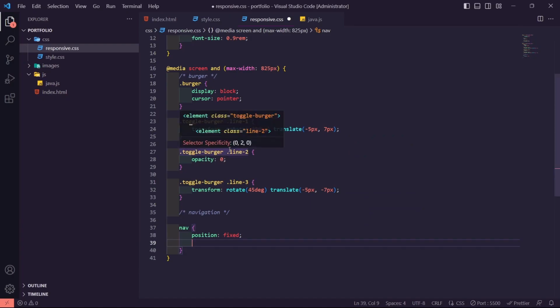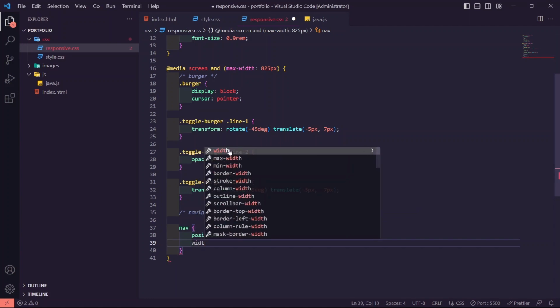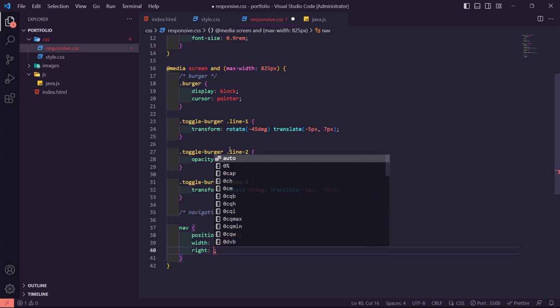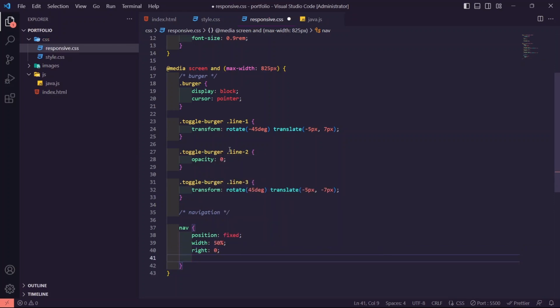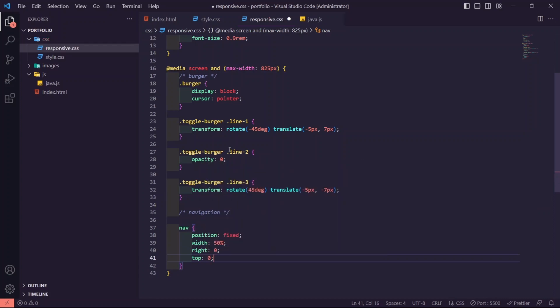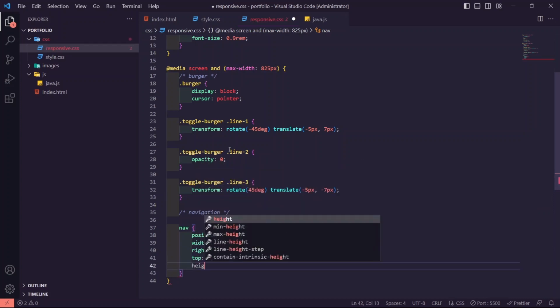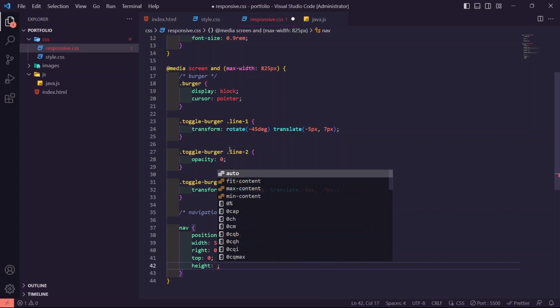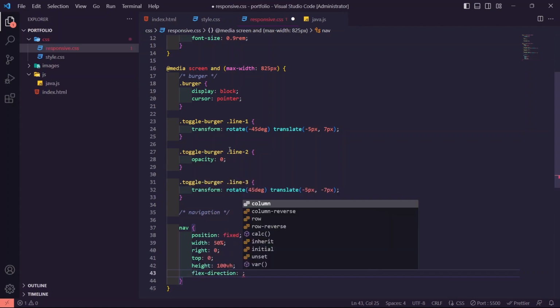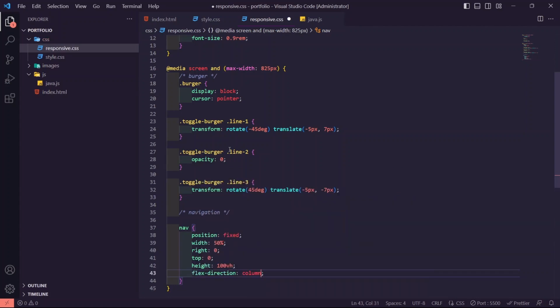So position is fixed, and width is going to be 50%, and right is 0, also top to 0, height to be 100vh, and flex direction to column,